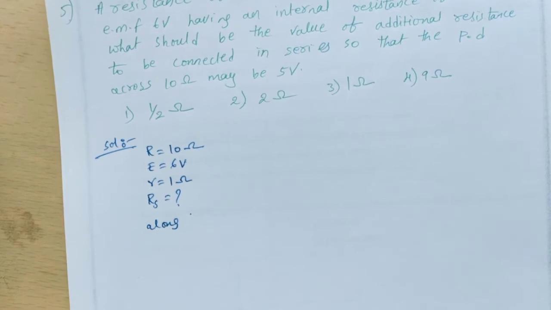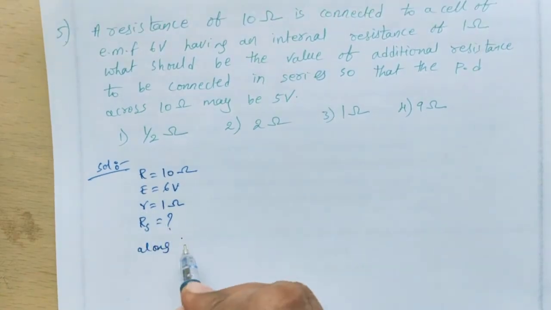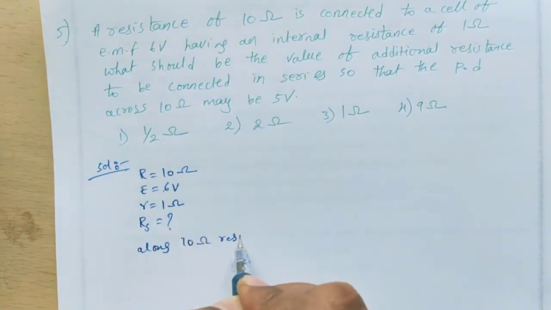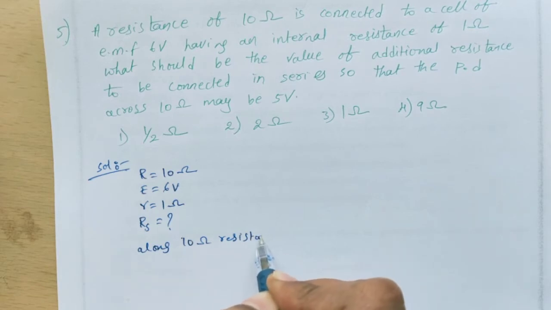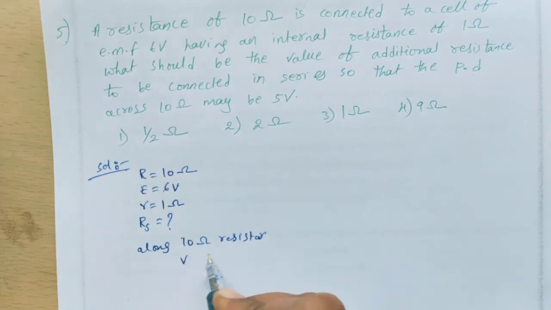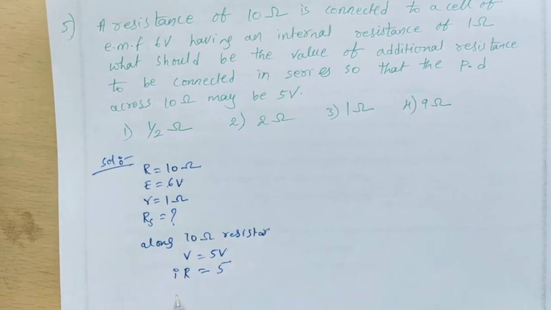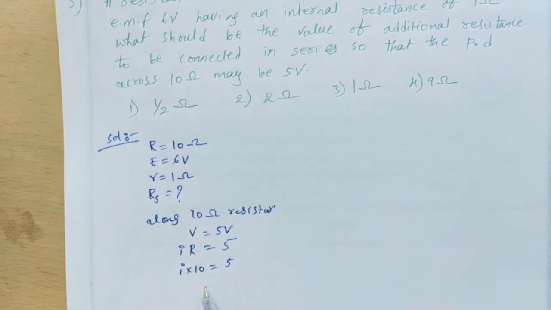the 10 ohms resistor, V is equal to 5 volts is given. So students, here we know the V is equal to IR formula. V is equal to IR means this is 5. So here I into 10 is equal to 5. So I value is equal to 5 by 10, that is 1 by 2, or otherwise 0.5 amperes current we